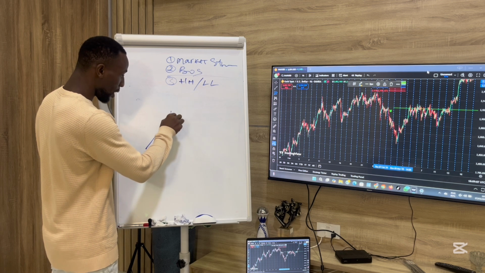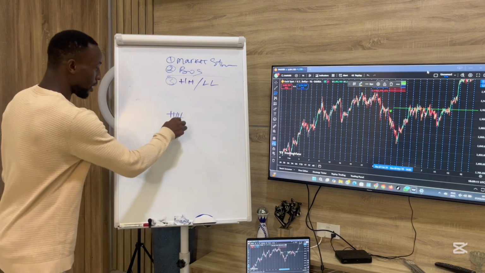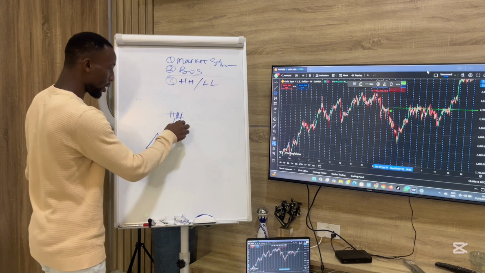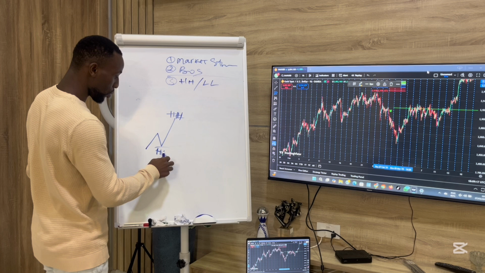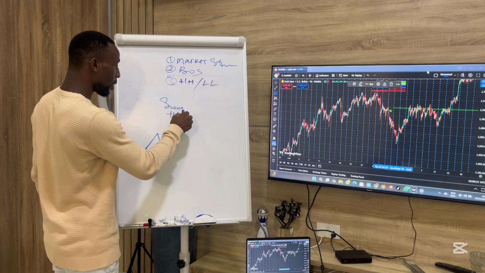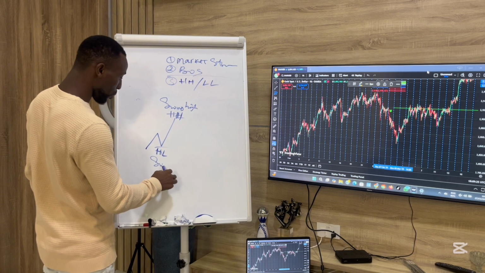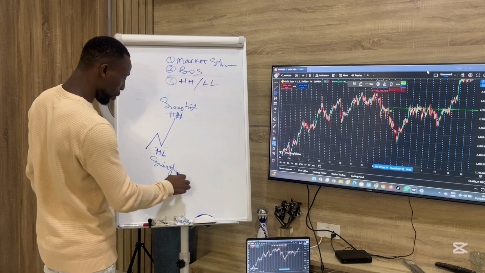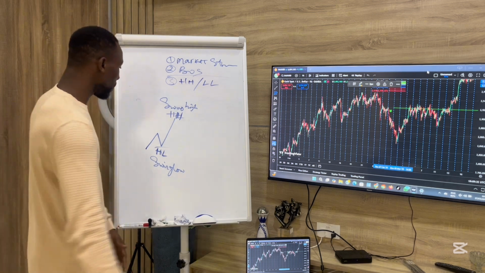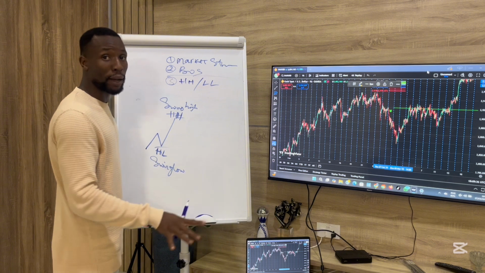This will be your higher high and higher low. This will be your higher high and this will be your higher low. Also called swing high. And here will be your swing low. So when trading with Fibonacci retracement, first of all, Fibonacci retracement has a lot of numbers on it,